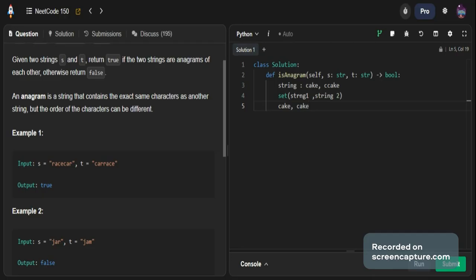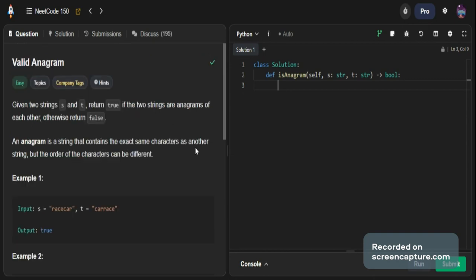Okay. But this is not correct. Why? Because it has double C, which is not right. Okay, so it won't be accurate enough, I believe. Let me know if I'm wrong, and if you could suggest any example of it. Here in this case,